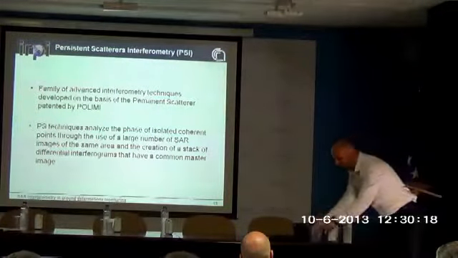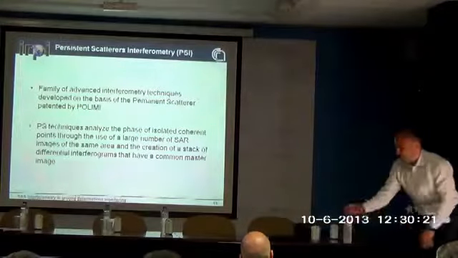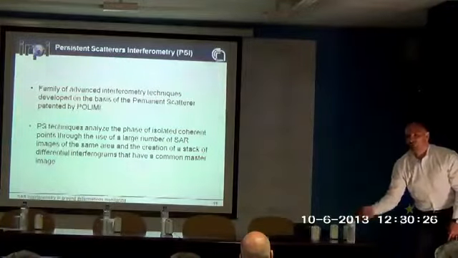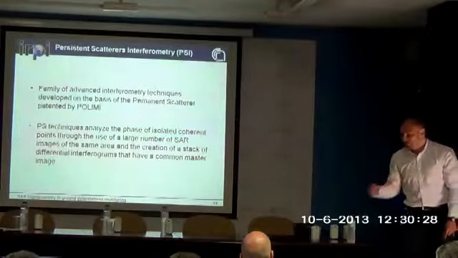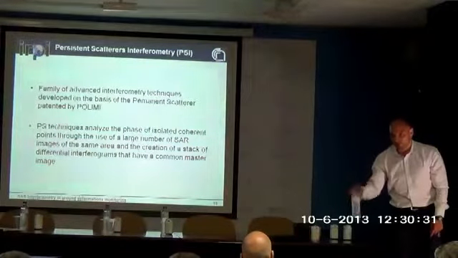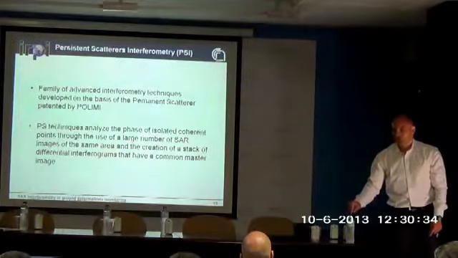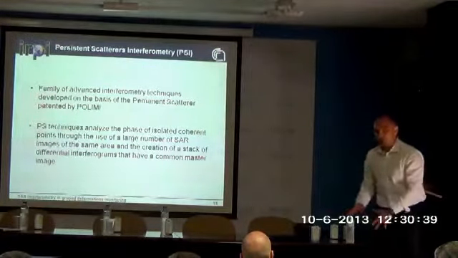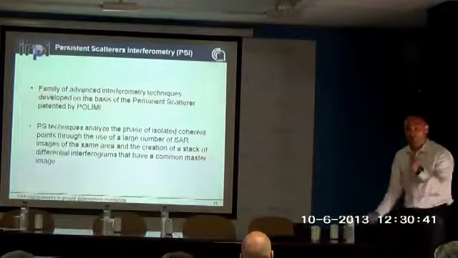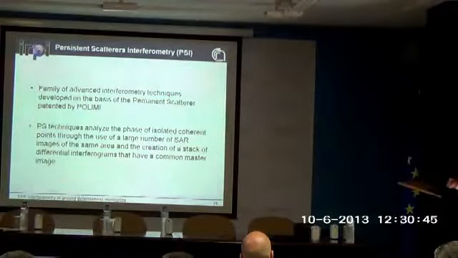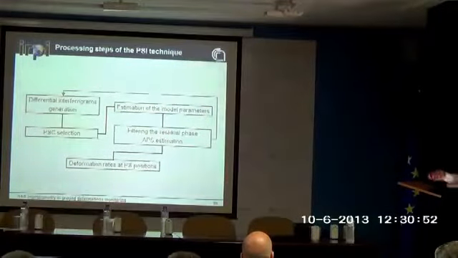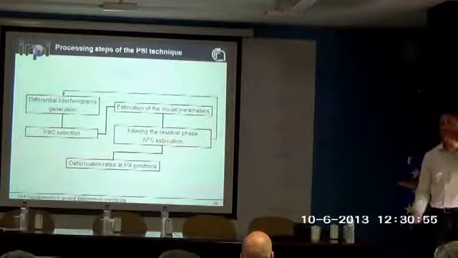But if in one cell we have a very, very strong scatterer, the phase that scatters back is mainly the phase of this backscatter. So we know information about this backscatter. So we do not perform the analysis on the resolution cell, but just on one scatterer. But we must be able to find those scatterers. Usually buildings are those scatterers. Just to give you an idea, we use a huge amount of images,